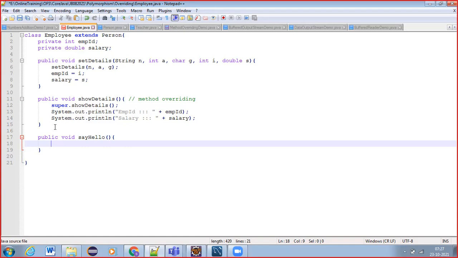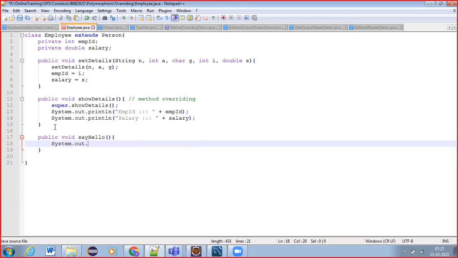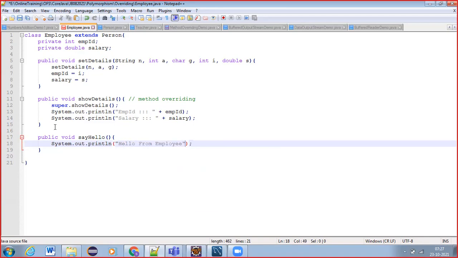A child class can inherit all the methods from the parent, and it can write its own methods, right? So I am writing its own method, hello from employee, like this.